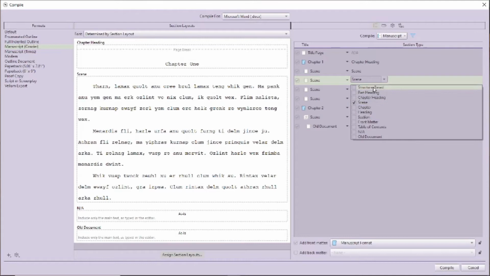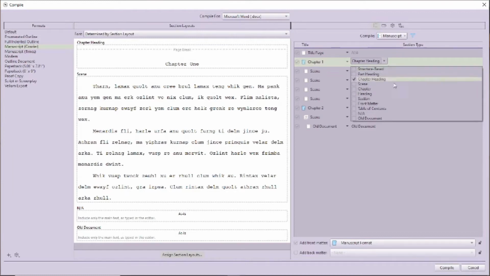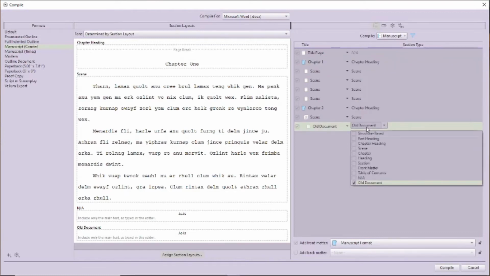If you look at the pull-down, you can see whether each type is manually selected or based on the hierarchical structure. So if you haven't sorted this out beforehand, you can change it here if you need to, although I still think it would be better to do it as you write your manuscript. At the bottom of this section is where you can add front and back matter. Back matter is new. Whether or not you use these will depend on how you construct your files and folders.